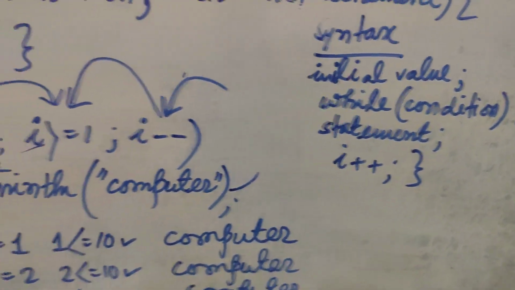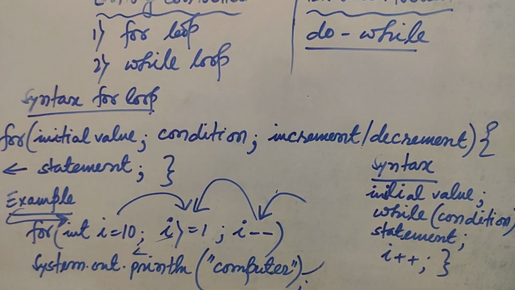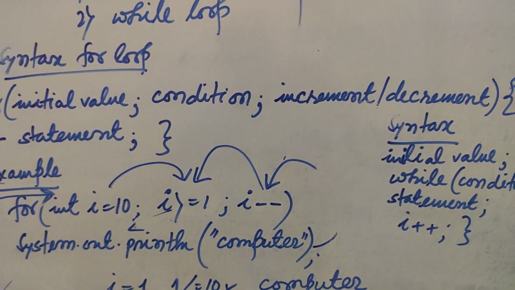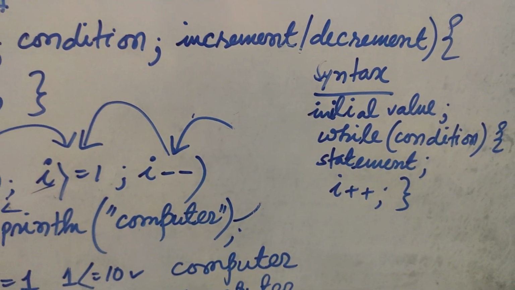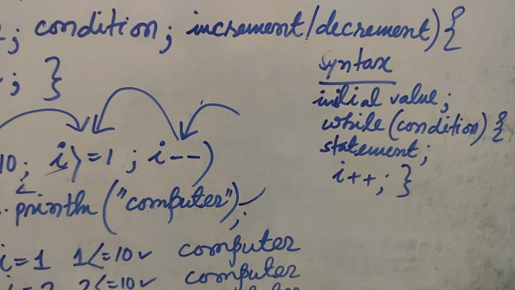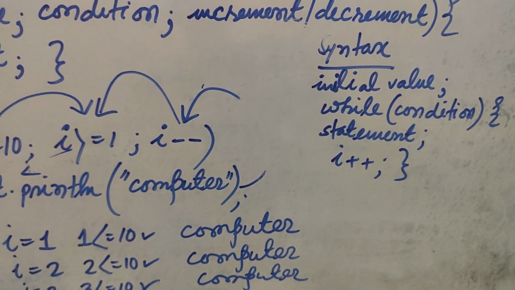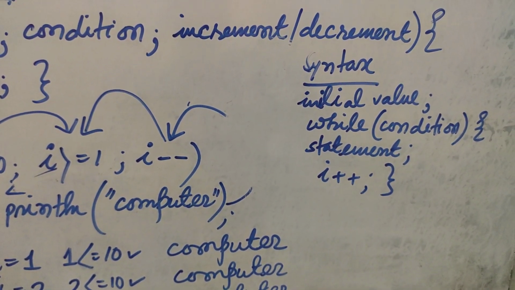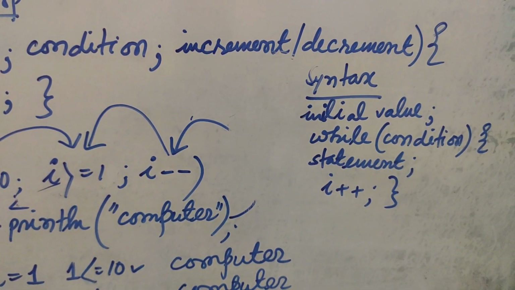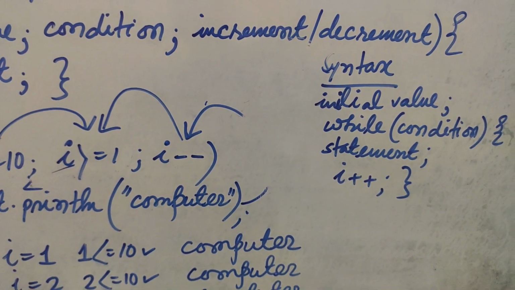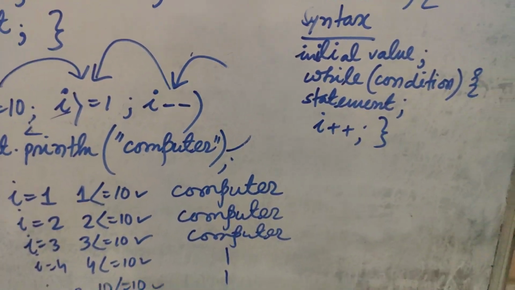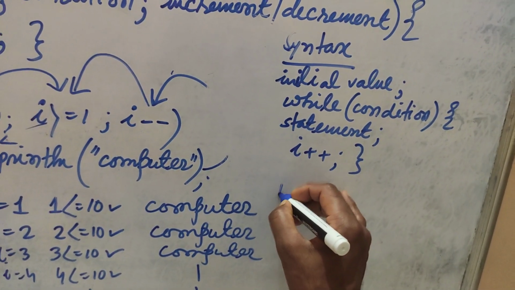Clear? Initial value. Here, see, everything is within a parenthesis: initial value, conditions and increment, decrement. But here, the statements, with the statements and increment or decrement operator, are in the body, conditions are inside the while, and initial value will be at the first. See that example. Same things. If I want to write by using